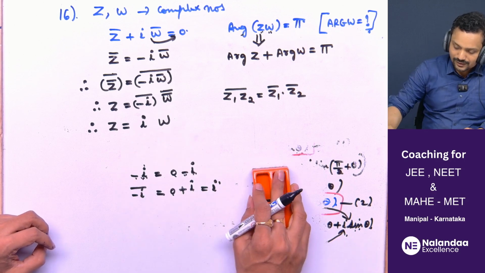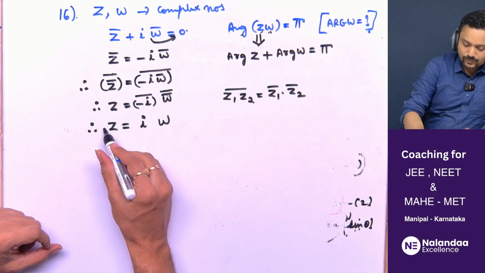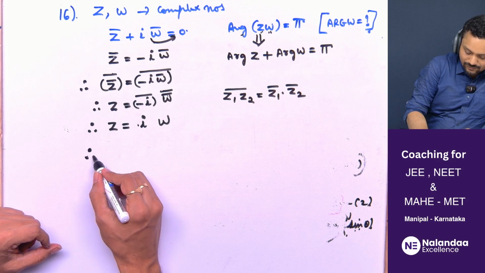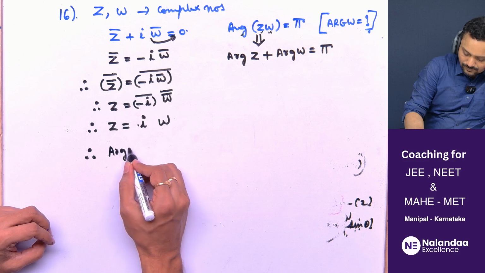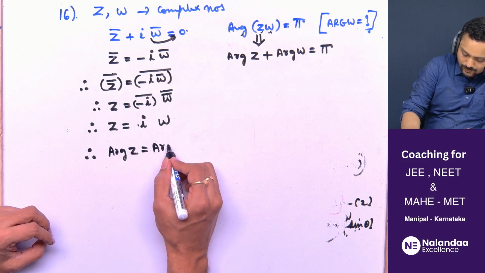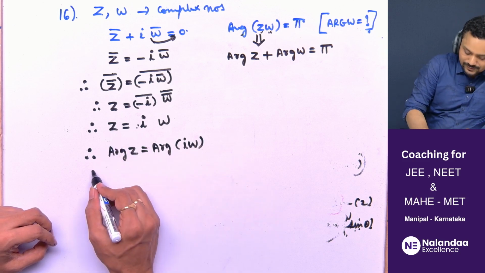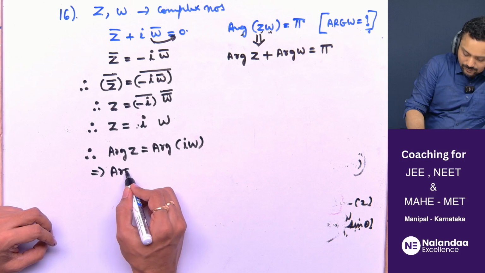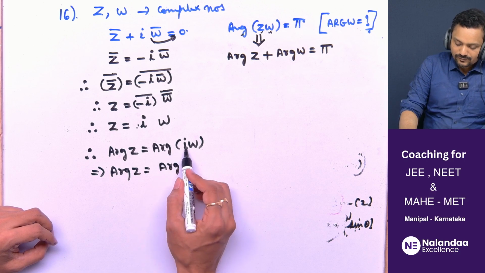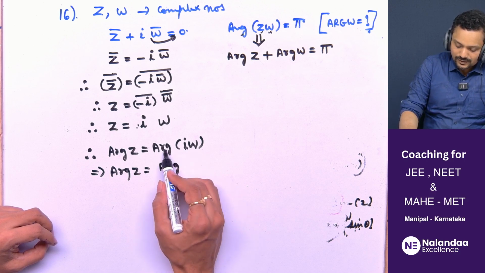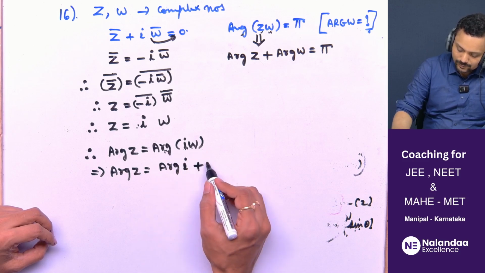Now what you do is, you apply argument on both sides. Therefore, from here I can say argument of z is equal to argument of I omega. Just apply argument on both sides. This will give you argument of z is equal to, now again the property, argument of z1 into z2 is argument of z1 plus argument of z2. So this will become argument of I plus argument of omega,